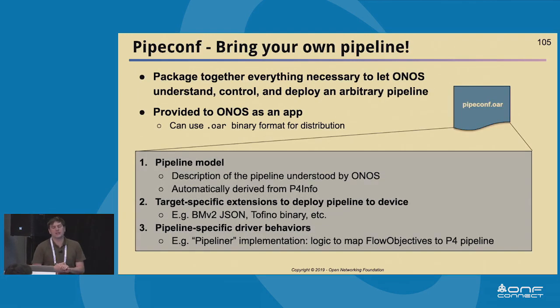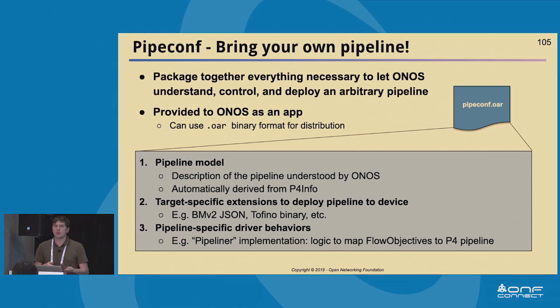The key to everything is what we call the Pipeconf, which is a new API in ONOS, where Pipeconf stands for pipeline configuration, and that's what allows you to bring your own pipeline into ONOS. The idea is that we can package together everything that is necessary for ONOS to understand, control, and deploy a given pipeline to a device. A Pipeconf can be provided to ONOS as an application binary, so we can use the same .oar format, which stands for ONOS archive. It's essentially like a jar file with some files inside,